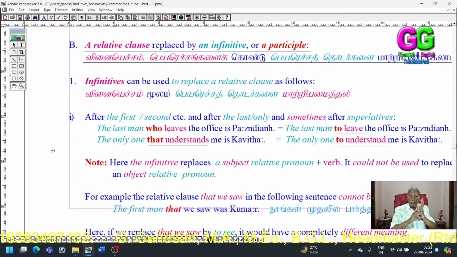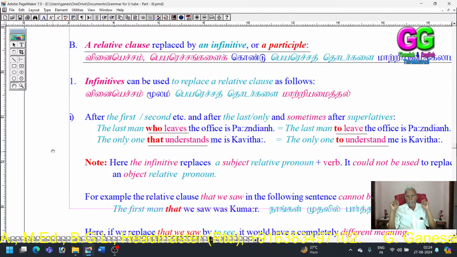Example one, the defining infinitive: that is when the relative clause follows the first, second, etc., the last, the only, etc., which are superlative degrees. When the relative clause follows the first, the last, so the superlative, etc., we can replace the relative clause using